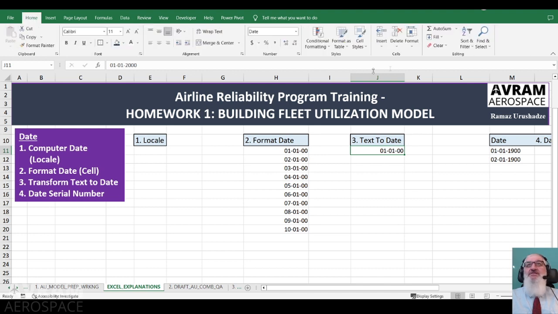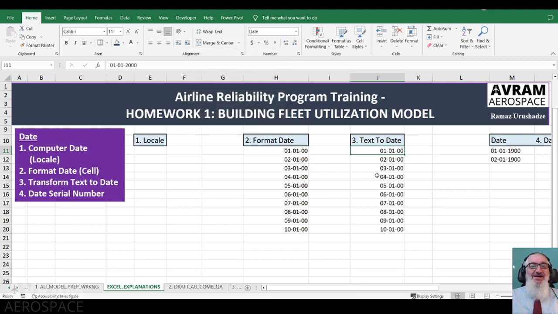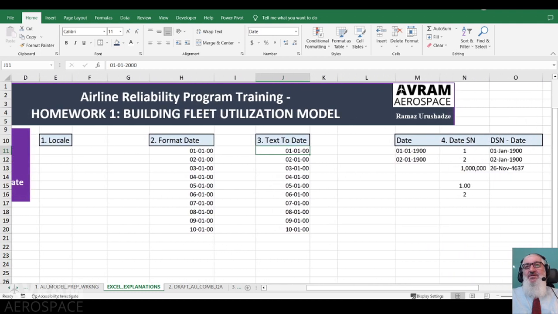Let's check it. Auto fill again. Series, columns, date, day, step value 1, stop value 10/01/2000. Click OK. And voila, we fixed the problem. Now it works. All these nice looking dates are for user friendliness,